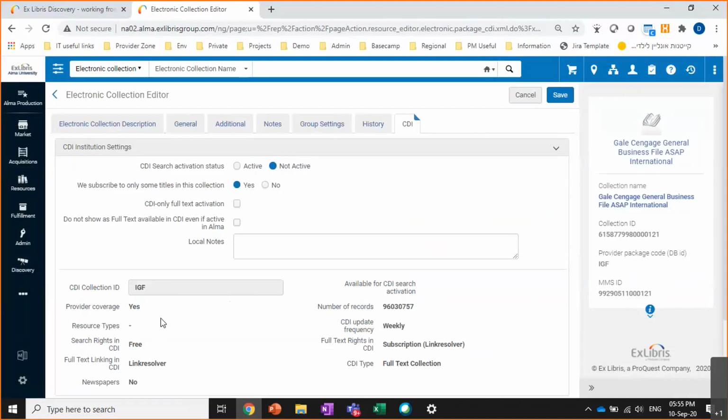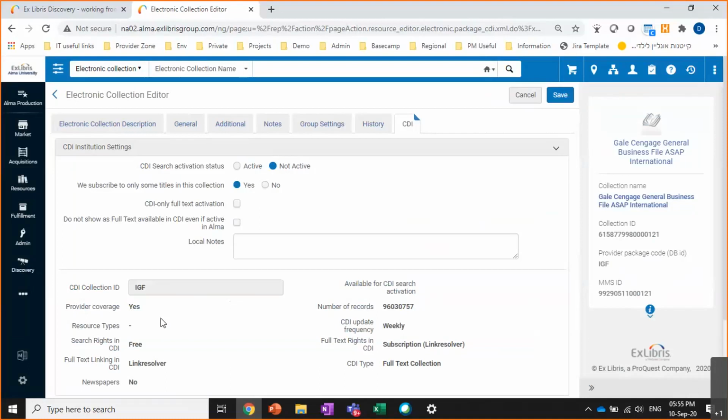And if it's alternative coverage, it will show also the percentage. So there's a lot of CDI attributes. They all appear here. You can find a lot of information in our online help. There are a lot of CKC articles that you can refer to if you have any questions.